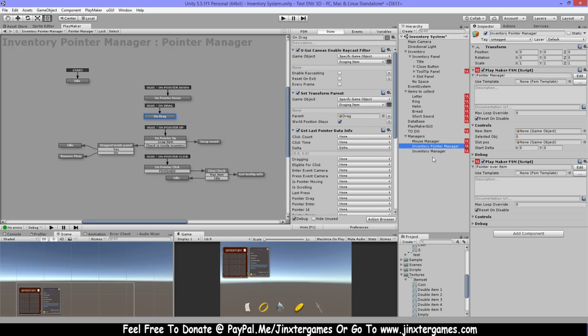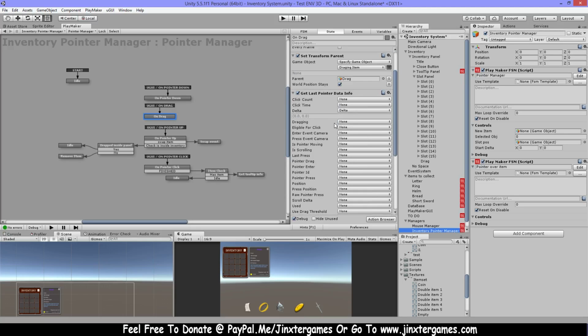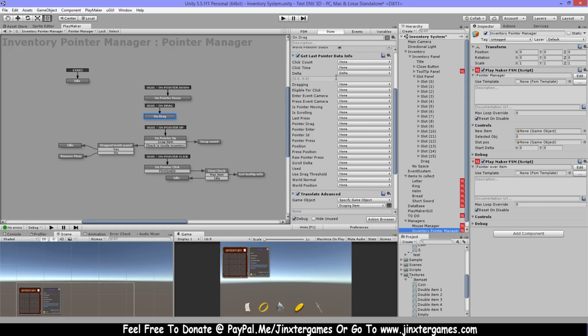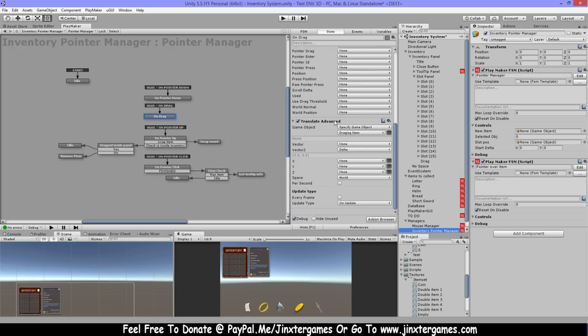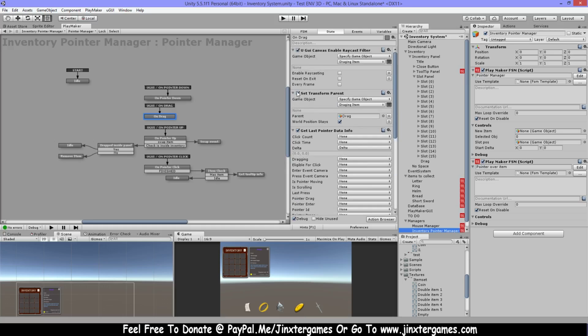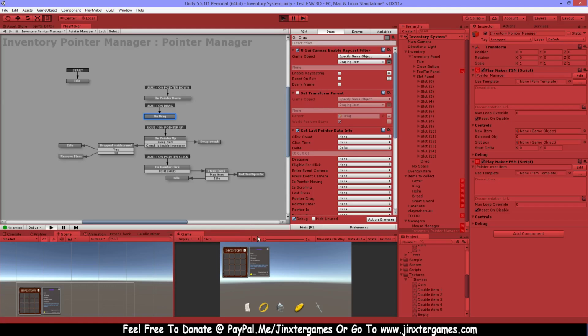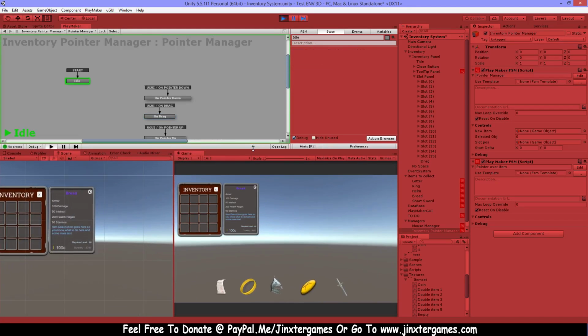Then I'm going to set this parent, so this item that I'm dragging, I'm going to set as parent to my slot panel, and then I'm going to get my position information, and I'm using translate advanced here, and vector 2 in space world, and that's just so that it moves together with my mouse. And I will show you quickly why I set this as a parent. So I'm going to disable the parent for now, and